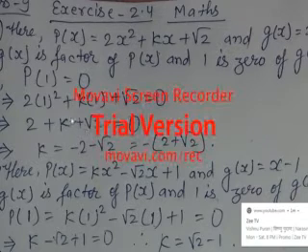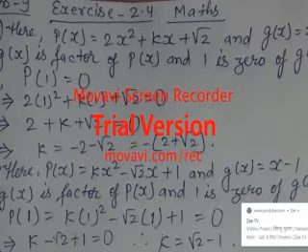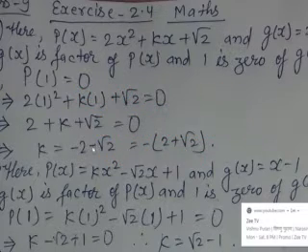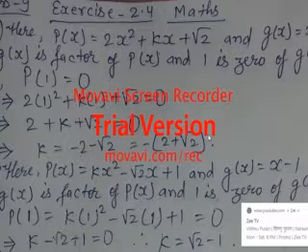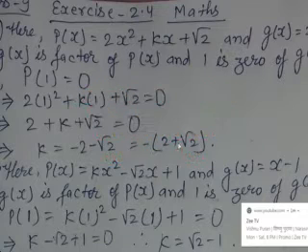So what will happen, we have to find the value of k. So k we will keep on one side and we will take these two numbers on the other side. Here there is no sign, that means it is plus. When coming to this side it changes into minus. Here also the sign is plus. When it comes to the next side it becomes minus 2 minus root 2. So you can see, k is equal to minus 2 minus root 2. We can also write this by taking minus common. As you can see, I had written minus common and it becomes 2 plus root 2 in bracket. That means this minus is for both.